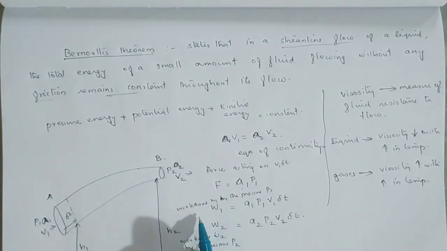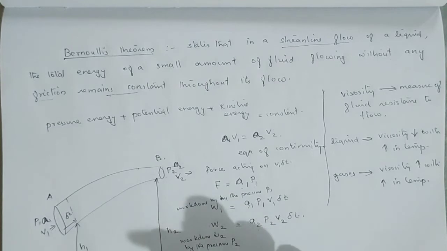സോ ഈ ഒരു എൻഡിൽ വാട്ടർ ഫോഴ്സിനുള്ള വർക്ക് ഡൺ എന്ന് പറഞ്ഞത് A1 P1 V1 ഡെൽറ്റ ടിയും ഈ ഒരു എൻഡിലുള്ള വർക്ക് ഡൺ എന്ന് പറയുന്നത് A2 P2 V2 ഡെൽറ്റ ടി. അപ്പോൾ ഇതിൽ നിന്ന് നമ്മൾക്ക് നെറ്റ് വർക്ക് ഡൺ കണ്ടുപിടിക്കാം. ആ ഒരു നെറ്റ് വർക്ക് ഡണിലായിരിക്കും ഇവിടെ വാട്ടർ ഫ്ലോ സംഭവിക്കുന്നത്. സോ ദിസ് നെറ്റ് വർക്ക് ഡൺ ദാറ്റ് ഈസ്